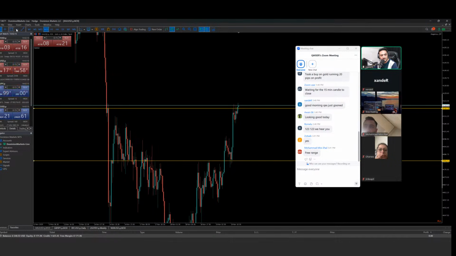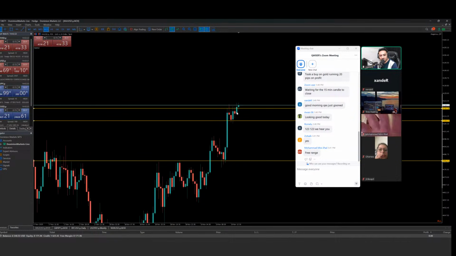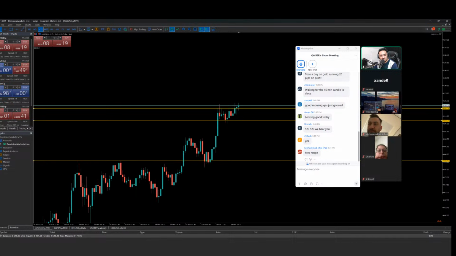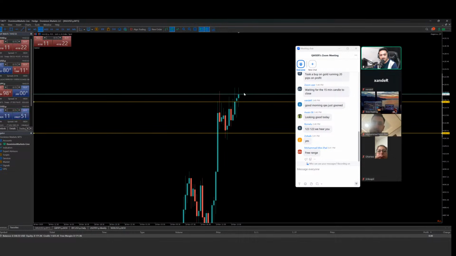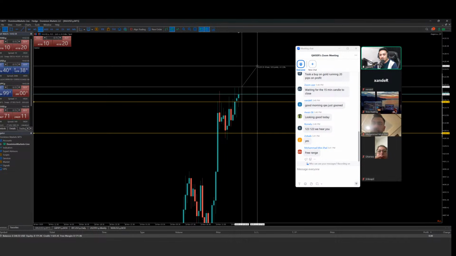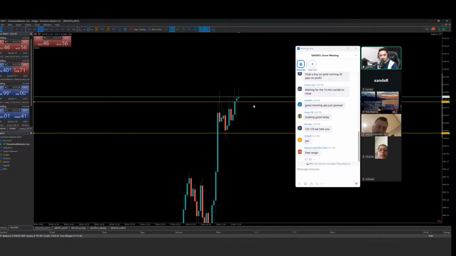You can see we are having this support area as well. This was the resistance on the left hand side, but the previous 30-minute candle closed above the resistance, and this can act as an impulse entry. But it would be great if I wait for this 50-minute candle to close. If the next candle creates a weak break above both rejection wicks, there is a probability we could continue pushing to the upside. But for that I need this candle to close as a strong bullish candle.